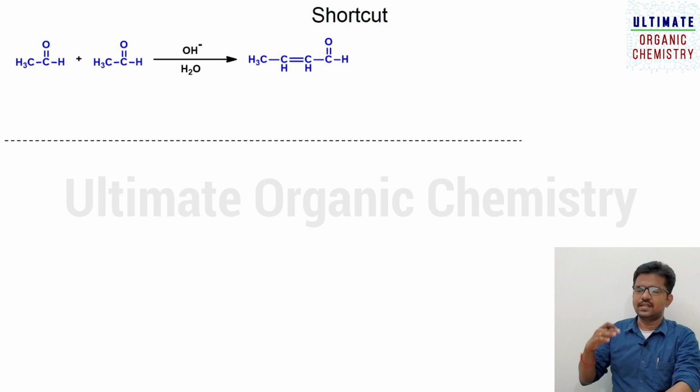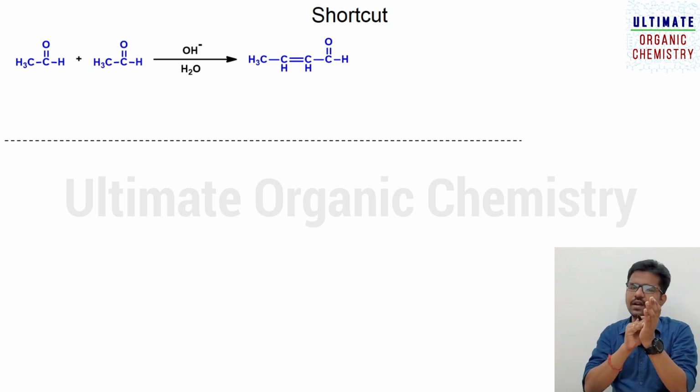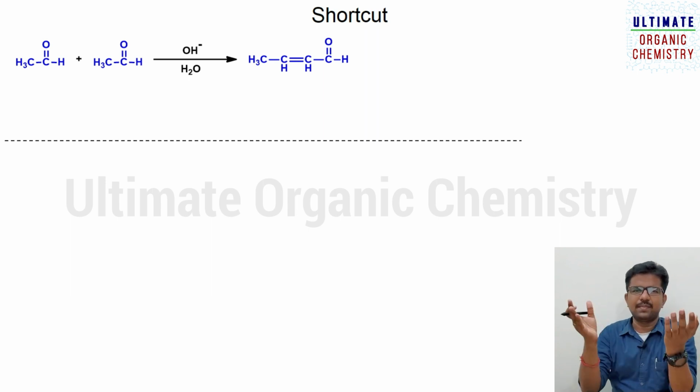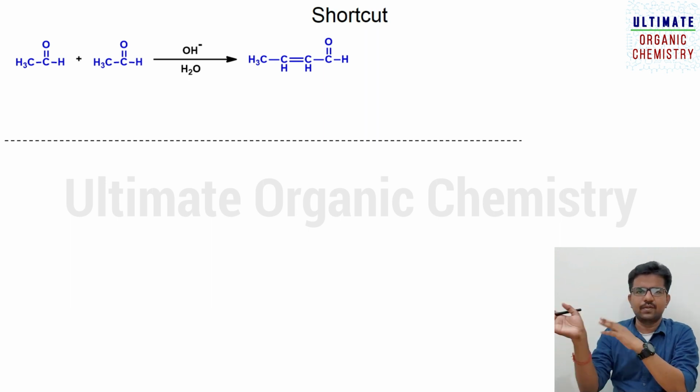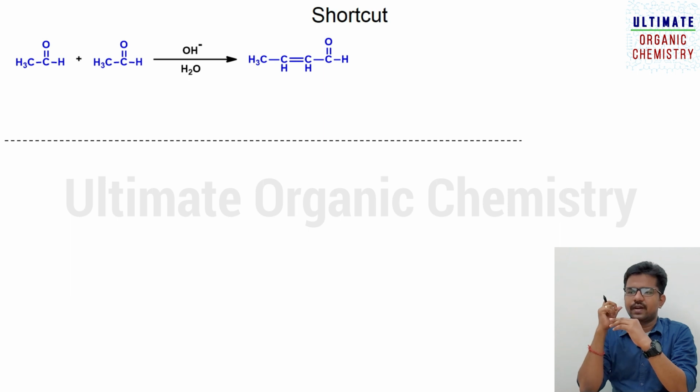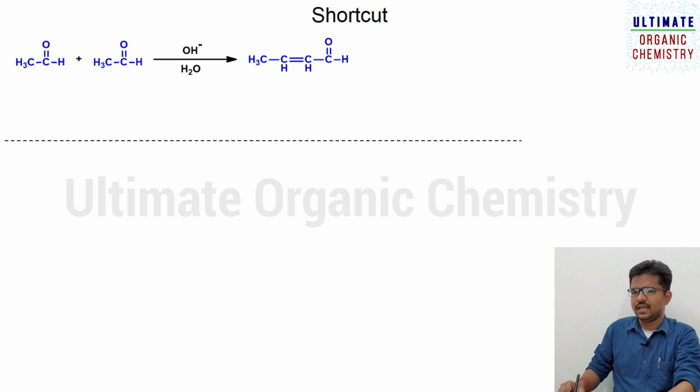Now let us see some shortcut of aldol reaction or aldol condensation. For example, if you are writing any competitive examination, let it be the NEET exam, you have only 1 minute for one question. You need to give the answer in less than 1 minute. For that condition, you should not write the whole reaction mechanism. If you write the whole reaction mechanism, you will mess up in this examination, and the rest of the questions will be in trouble. So for that purpose, you need to understand some shortcut methods to find the product. It is very easy, and most of the people know this shortcut method also.